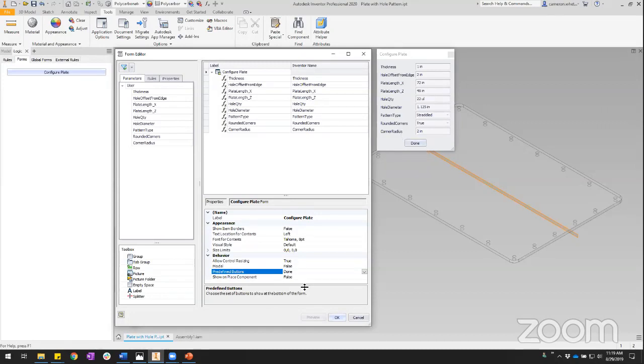All right, last setting I want to talk about in the main form is this show on place component. Currently it's set to false. What this does is if this is set to true, then when I place this component into another assembly, it'll place the part, and then it'll launch the form from that part to allow me to configure the part that I've just placed. So let me demonstrate that. I'm going to go ahead and set this to true